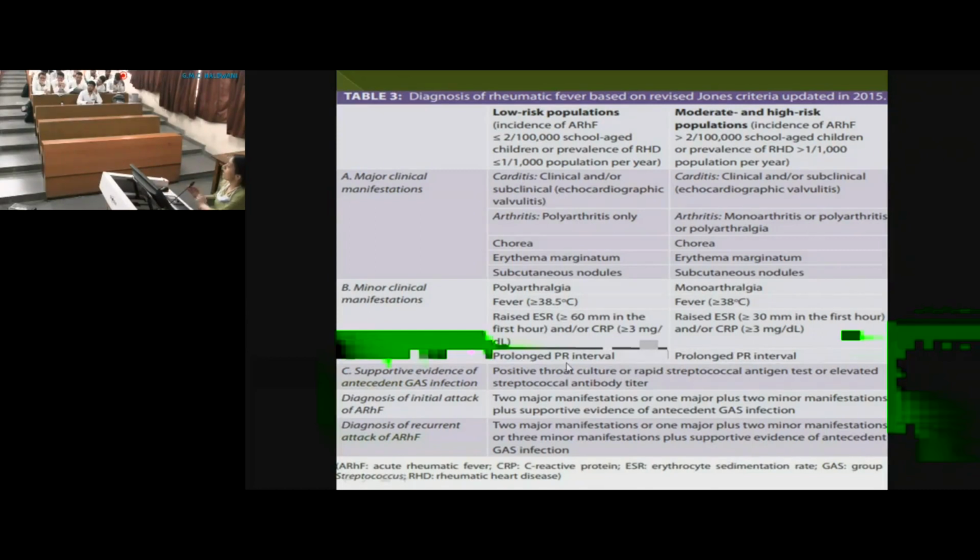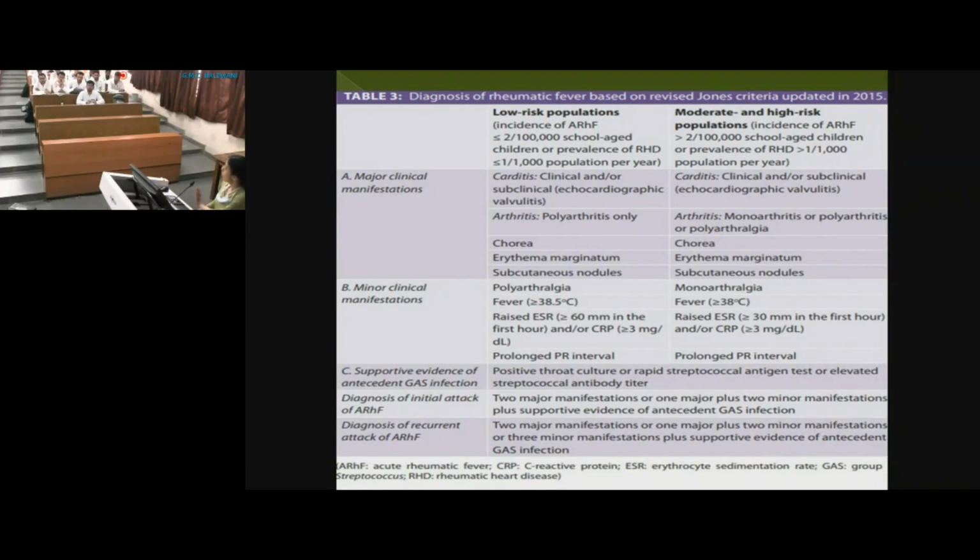So if a child is coming to you for the first time, it's 2 major or 1 major and 2 minor. But if a child is diagnosed to have a rheumatic heart disease, you know that subsequently if he develops a secondary infection, he's going to become very serious. So here you take even 3 minor criteria to be positive for rheumatic fever. So if a child is already diagnosed, already on prophylaxis, and comes to you and says, hum to 1.5 saal se dawai le rahe the, we were taking antibiotics, and again since the past 3 days the child is having fever and this joint pain. So now you're not going for all the major criteria, even 3 minor, and you will again start anti-inflammatory immediately. You don't want a damaged heart to be damaged any further, right?